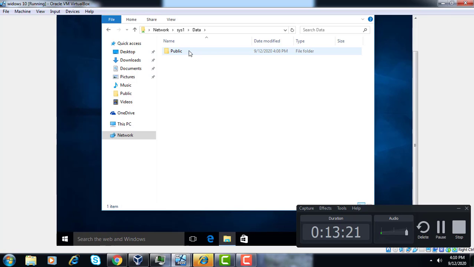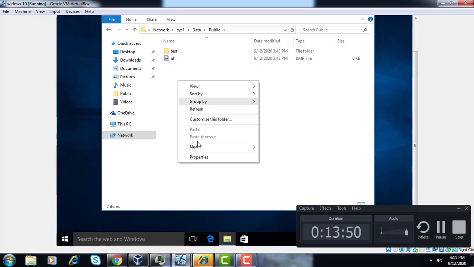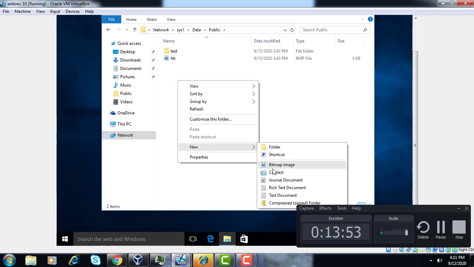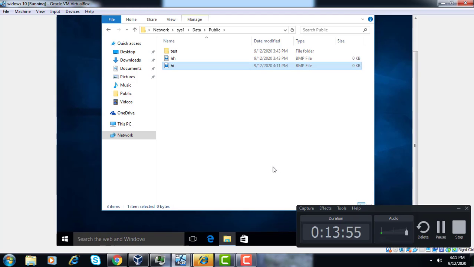Now you can see only the Public folder is here, but the Private folder you cannot see, because we have assigned an explicit deny permission on Private to the Contract Employees group. So the Contract Employees group has the explicit deny permission on the Private folder, so you cannot see that folder, but you can see only the Public folder, and you can create and edit anything on the files there.